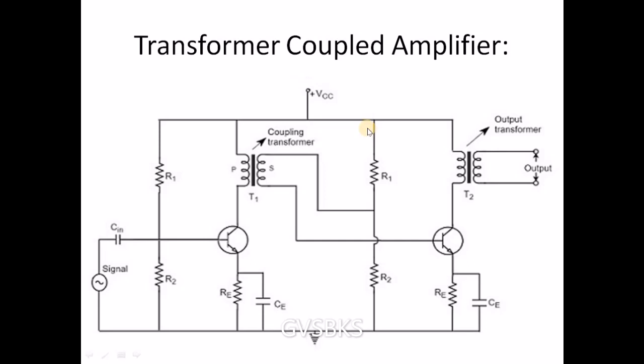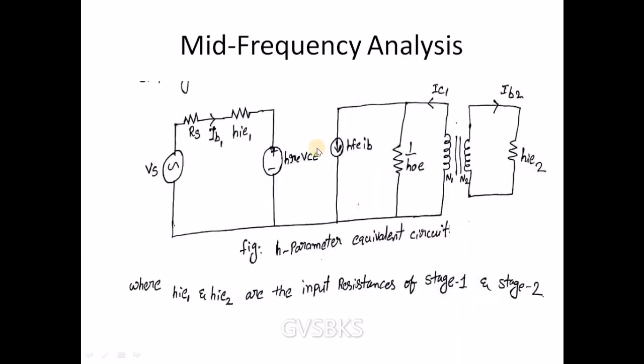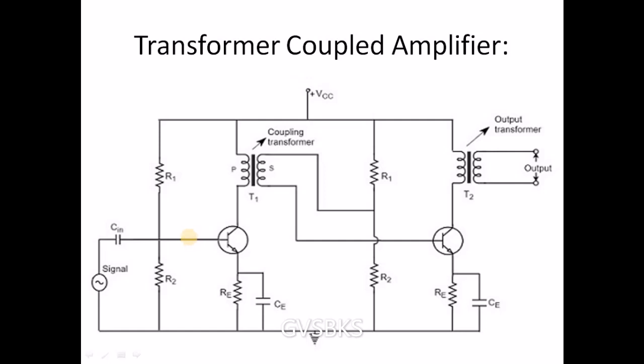So, in order to do analysis for the circuit, we are going for the h-parameter equivalent circuit, and we are going to draw the equivalent circuit for one stage only, because both stages are identical, so analysis for one stage is enough. So let us quickly move to mid frequency range analysis. In mid frequency range we have to assume that all capacitors can be replaced with a short circuit because the reactance of these capacitors is very low, or negligible, in the medium frequency range.